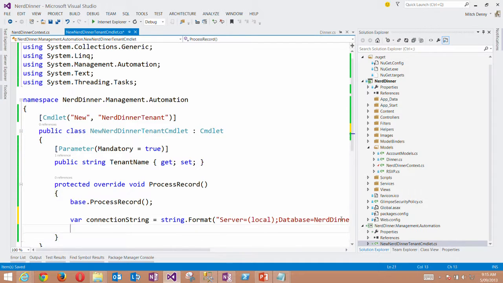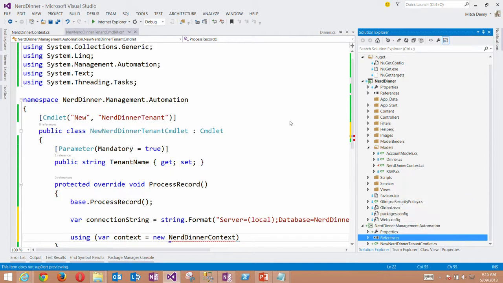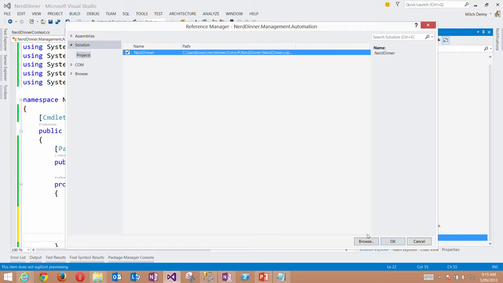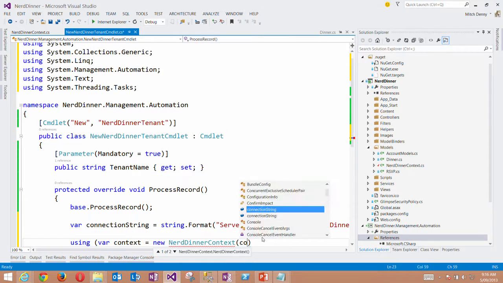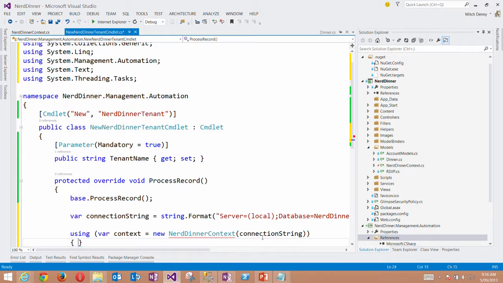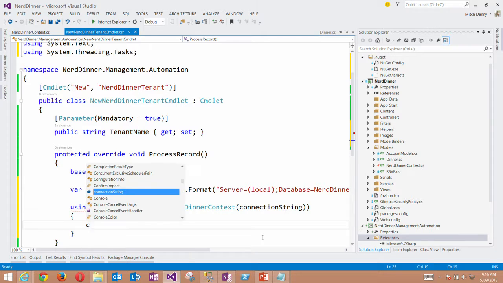Okay, so we've got our connection string. The next thing we're going to do is actually use the data context. So I'm going to say var context equals new NerdDinnerContext. What's missing is I haven't added a reference to the solution. There we go. And pump in the connection string. All we're going to do is tell the context to create itself. It's as simple as that. So context,